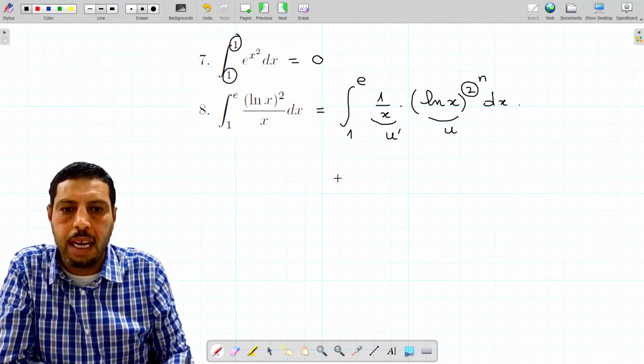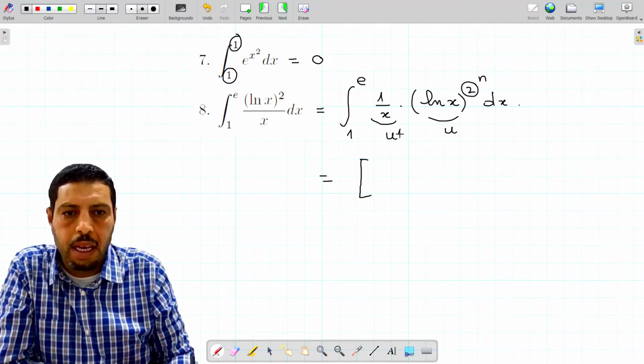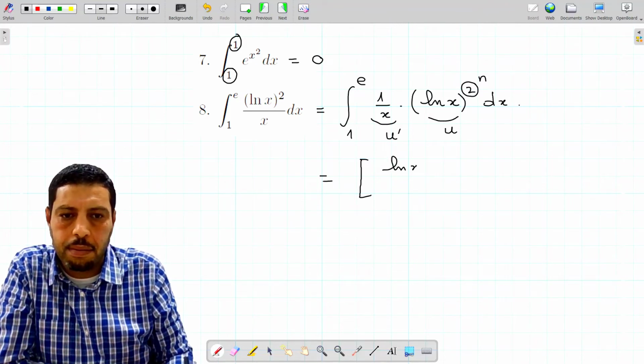So we can compute its antiderivative directly now. It gives u to the power of n plus 1 over n plus 1. So it gives ln of x to the power of 3 over 3